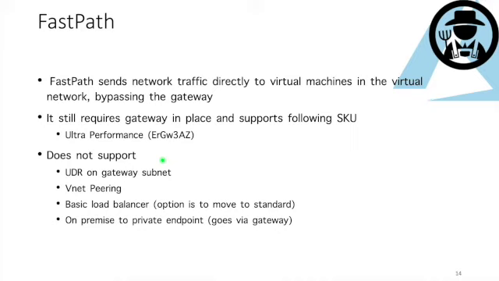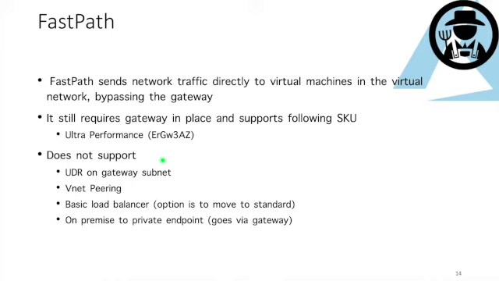What happens is when you're trying to reach a VM, for argument's sake, it will channel that traffic via the express route to the gateway and then to the VM, which means more hops. Now, if you want to speed up that process, you can subscribe to FastPath. What it lets you do is bypass the gateway, and it goes directly to the VM. It still requires the gateway in place,